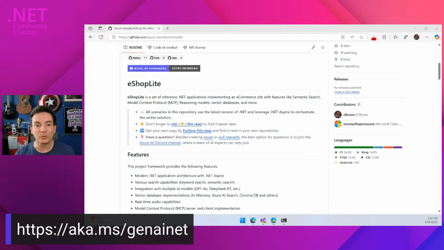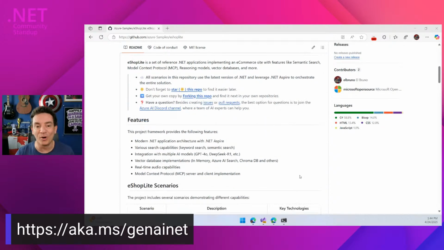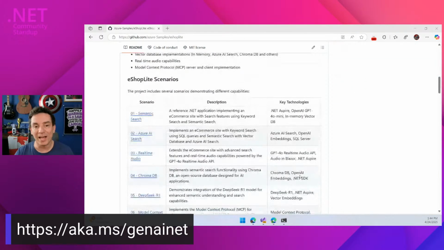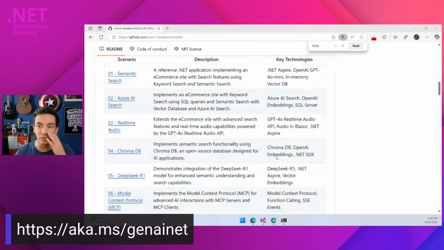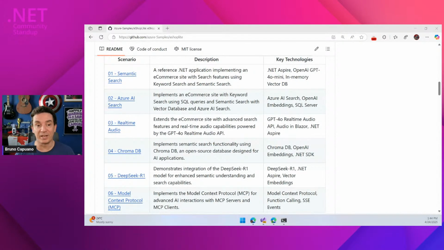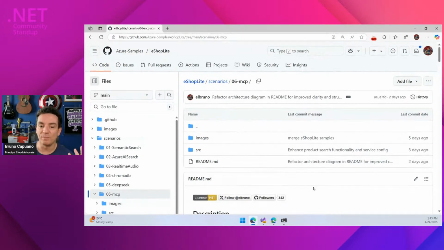Because we started to get more and more scenarios, we have the initial version that is doing basically semantic search with an in-memory vector database. Then we implemented one with Azure AI Search. We have one with ChromaDB. It's not here, but we also have some samples using Qdrant and more. We created one that uses real-time audio, DeepSeek, and one that is using MCP.